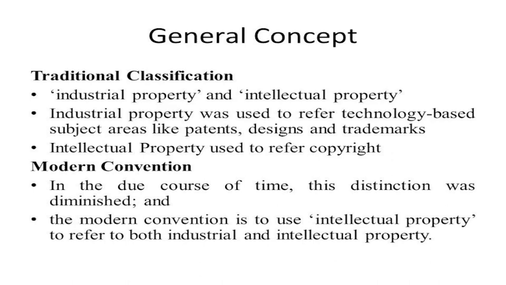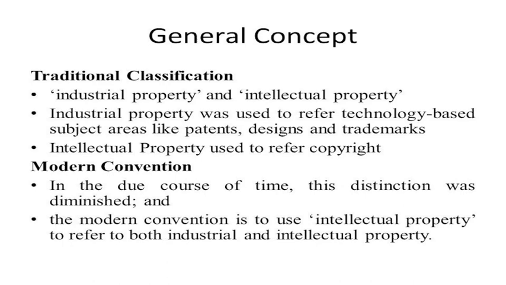The reason behind that may be that patents, designs and trademarks were well aligned with the industrial activities of those times. That is why they were closer to industrial activities and were conferred as industrial property. Copyright was more about creativity and authorship, and these industries which we see today in copyright, like the music industry, like the software industry, were not existing at that moment. So it was more a kind of creative work which was put under the domain